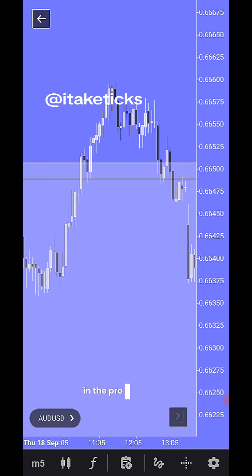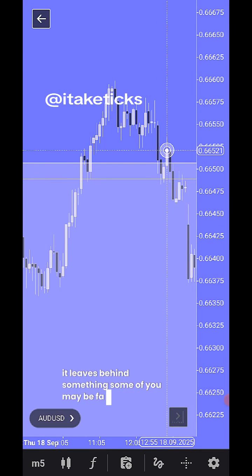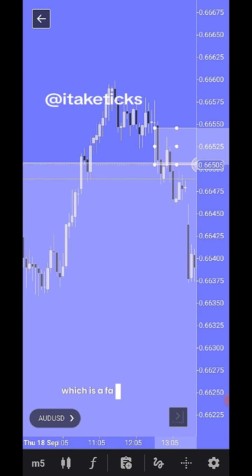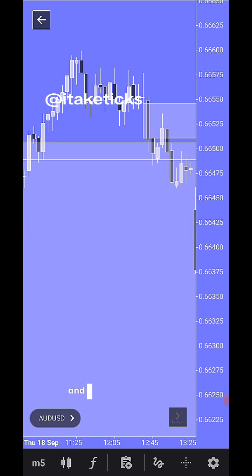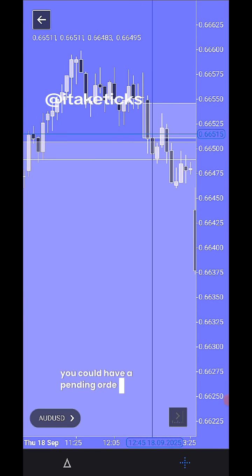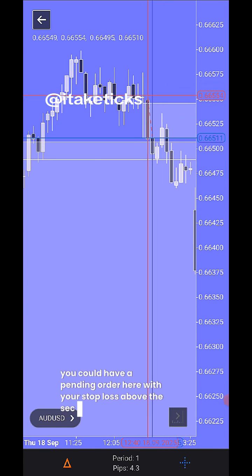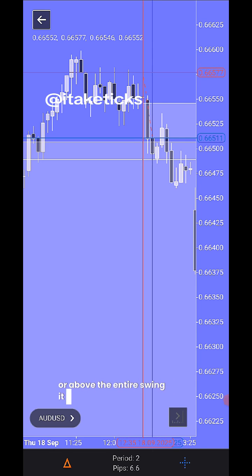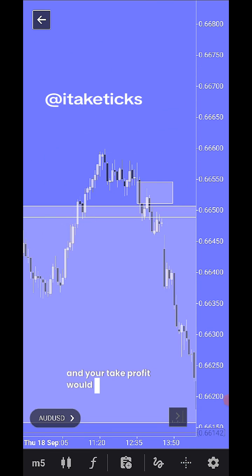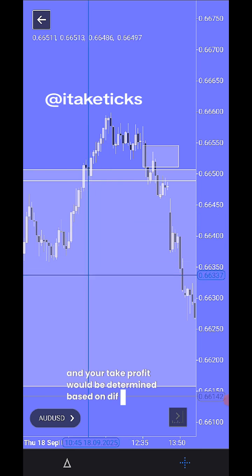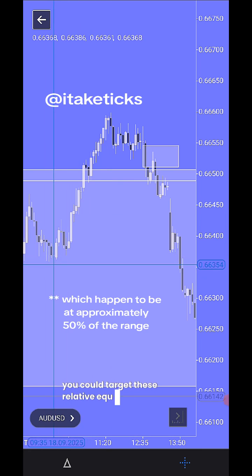In the process, it leaves behind something some of you may be familiar with already, which is a fair value gap. And you can see how you could have a pending order here with your stop loss above the second candle or above the entire swing itself. And your take profit would be determined based on different factors. You could target these relative equal lows here,